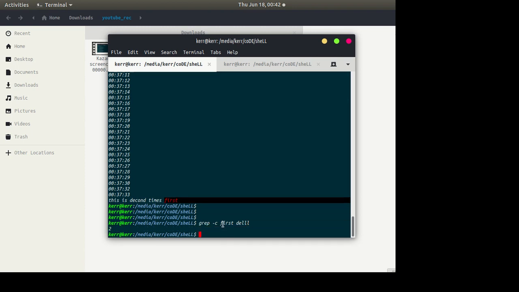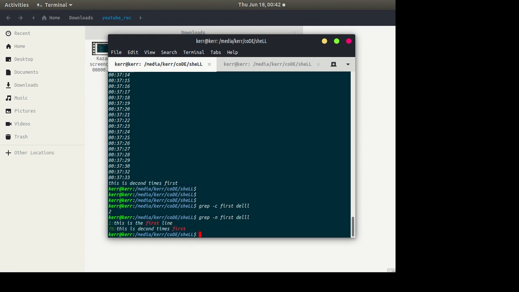See, the first pattern is contained 2 times. And if you use the -n option, it will show you the line numbers of the particular lines that contain this pattern.